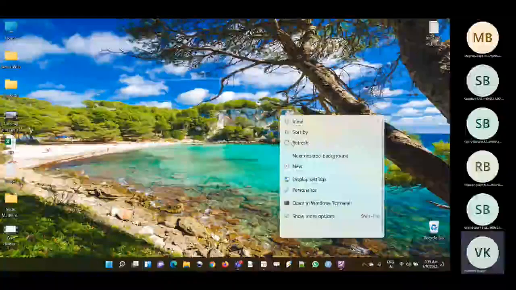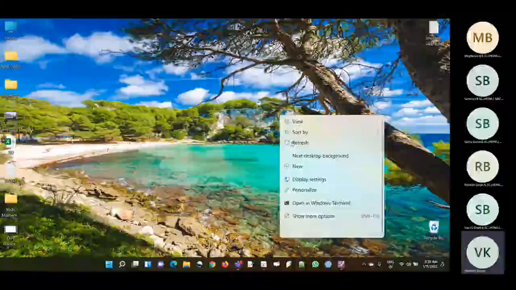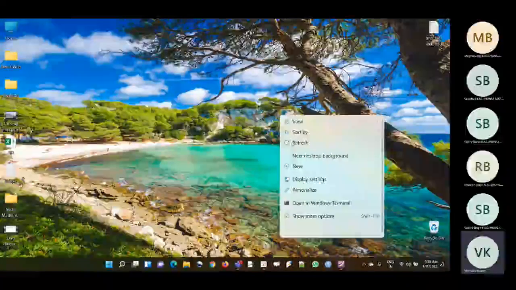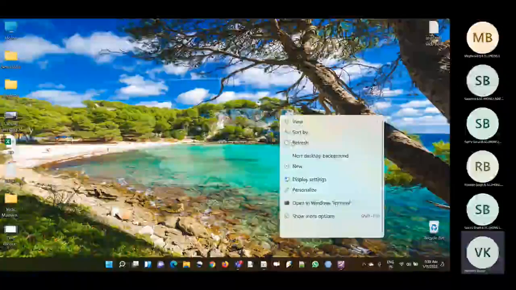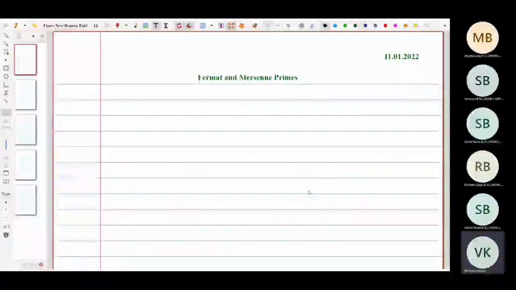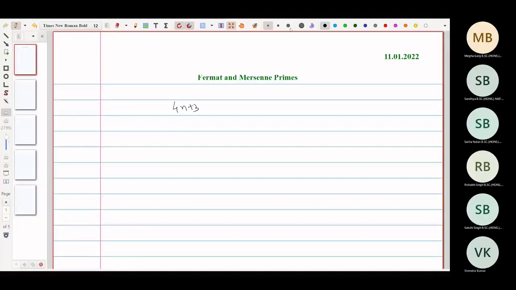Welcome back again. We were discussing yesterday how the prime numbers are distributed, and specifically we have seen that there are an infinite number of primes, and also we saw that there are infinitely many primes of the form 4n plus 3, where n is a natural number. To prove this, we used